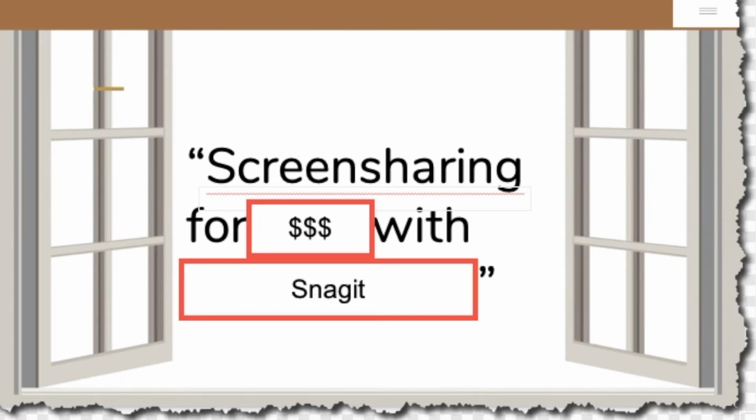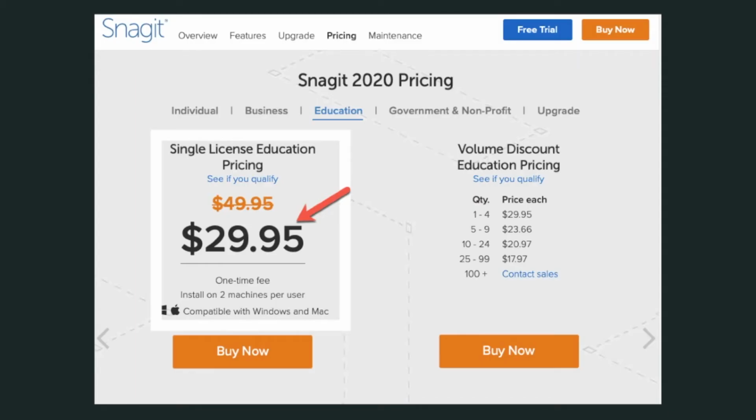After having done screen sharing for free with Windows and screen sharing for free with a Mac, I'd like to take a second and look at how we could do some of the same functions screen sharing for some money with Snagit. To take a quick look at that cost differential, I've used Snagit to draw this handy white box